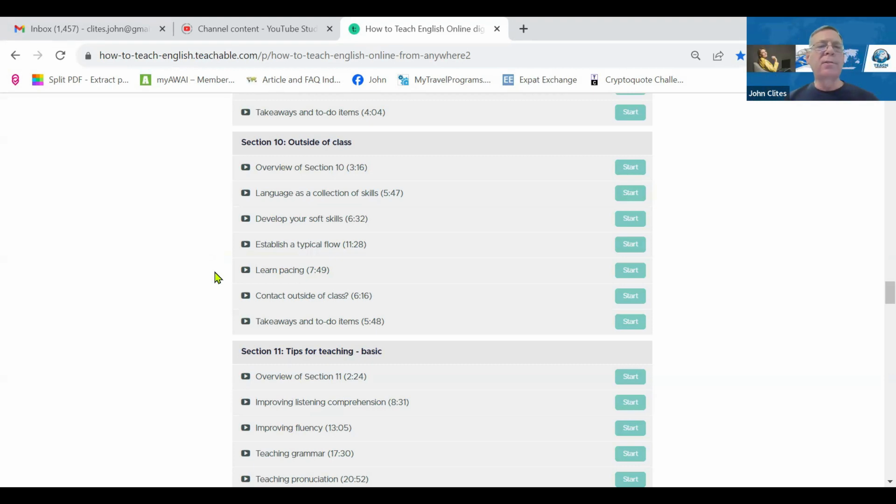Now, I want to talk at some length here about pacing. So this is how fast or slow you go in the class. And when I first started teaching, I was not a natural. One of the places where I was weak was in pacing. So if I did a lesson plan and there were 3 materials on it, we were going to do those 3 materials in the class. And what that could mean sometimes is that I was pushing the student. I was forcing the student, trying to get through all 3 of those materials. And you just don't want to do that.